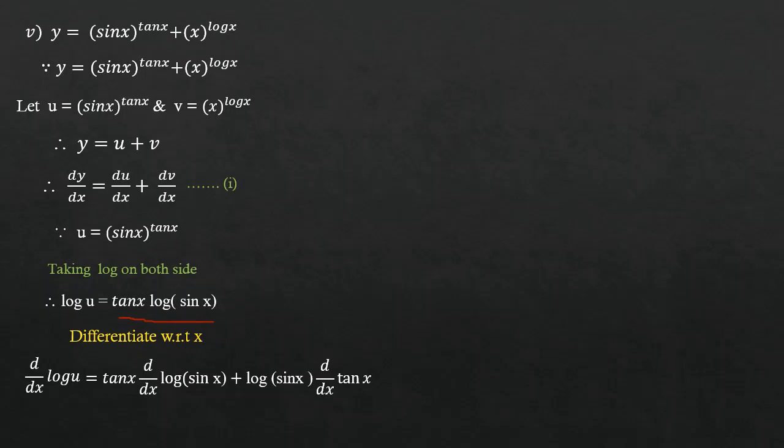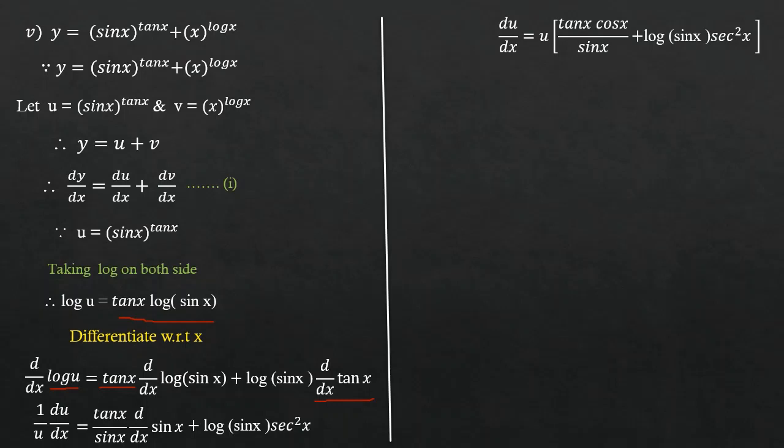Let's find out the answer. Log u का डेरिवेटिव is 1 upon u into du by dx is equal to tan x as it is. Derivative of log is 1 upon sin x into d by dx of sin x, plus log of sin x multiplied by the derivative of tan x, which is sec square x. So in the next step we'll write 1 upon u. u को आप चाहिए तो शिफ्ट कर दो राइट साइड में, into tan x upon sin x multiplied by the derivative of sin x, which we are getting as cos x, and on the second term there is no change, it remains as log of sin x multiplied by sec square x. So next step,